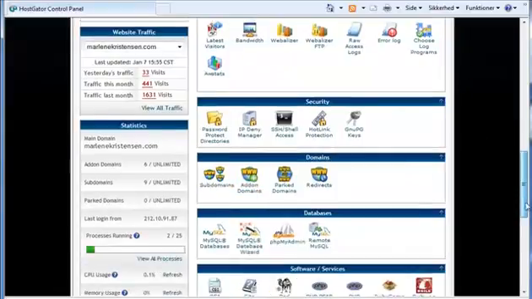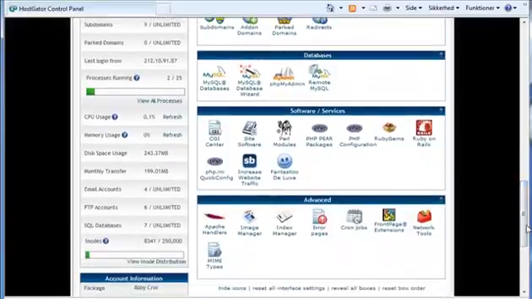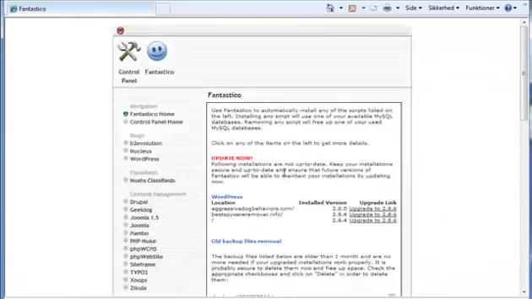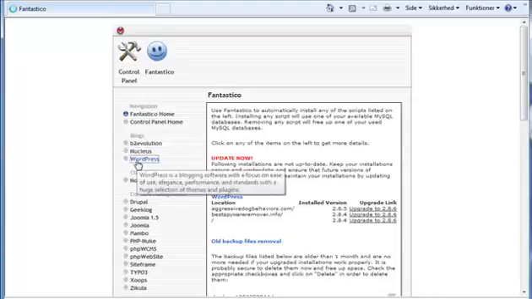Well, now we're going to install the WordPress blog, and this is actually very easily done in HostGator because they have this thing called Fantastico Deluxe. So if you just scroll down, click on that, and then over here you're going to choose WordPress.